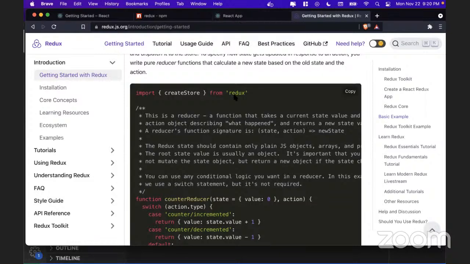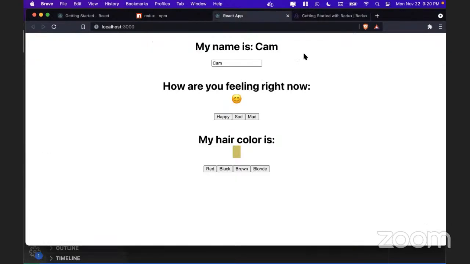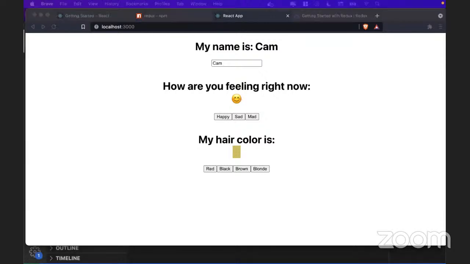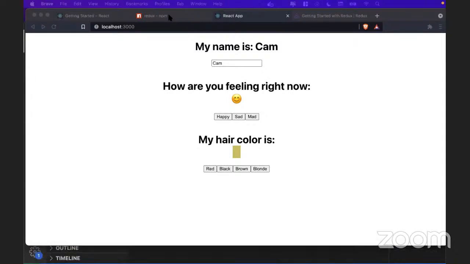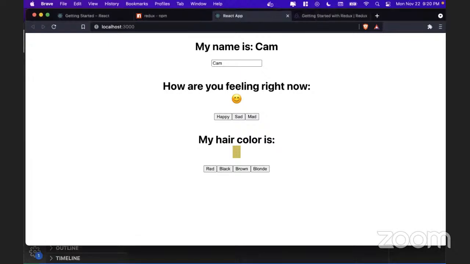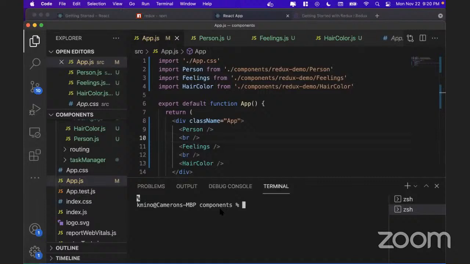So I'm going to show you real quick. I'm not going to follow the guide here, but I'm going to show you how you set up Redux in your application and just connect it so that you can see how this would be useful. First thing I want to do is install the right packages that I need. We talked about NPM and how you can install packages. When you need a specific library, you can use NPM to install those libraries inside of your code. So I'm going to npm install